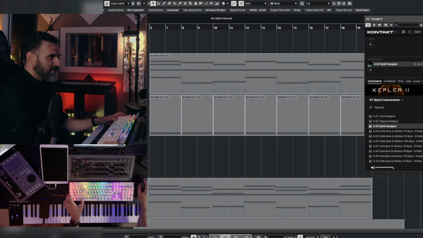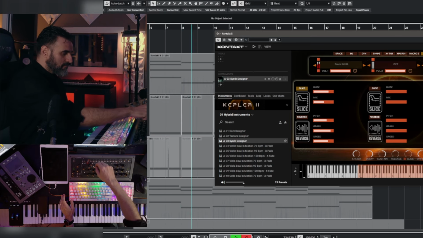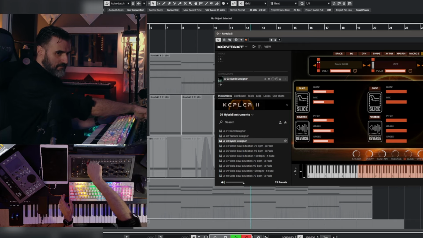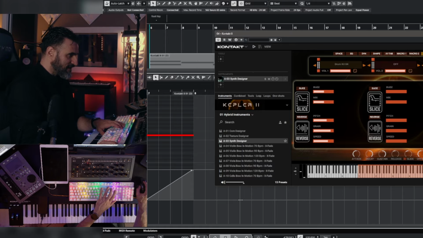Okay, let me record the part. So for example, this is my MIDI control change to activate the slice. For example, I can do something like that. On this beat, I want the